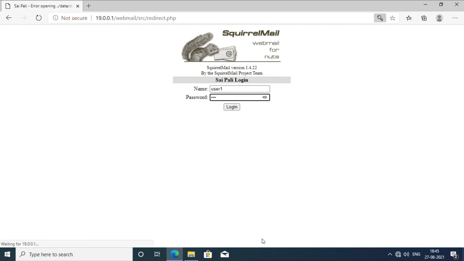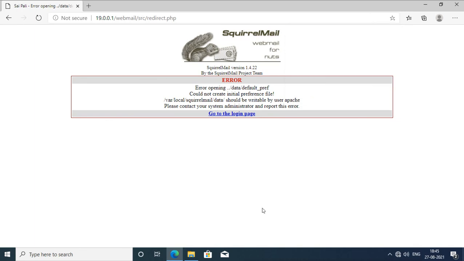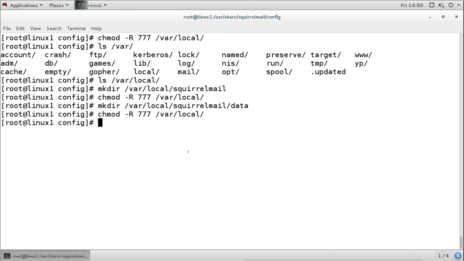No, I don't want to save this. Okay, we get one more thing here. Now this error is about the permission. The directory which we have created there does not have the permission. It was a security issue, and it was not creating this directory for data automatically. So I have created this directory and given the permission to all, but you should give the permission to Apache, not to all, so it will work. It was giving the error for the permission, so now it is clear.